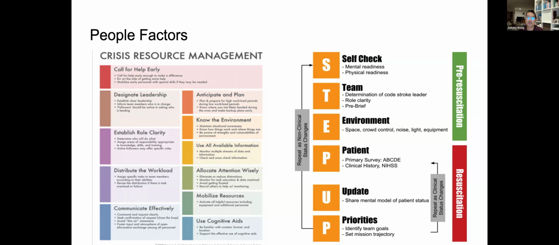So the P part, as we can see from the middle part, is the primary survey where we launch into it. But you could see from this video demonstration how it's important to have got this, which is basically how we talk about position, setting ourselves up for success. So self-check, and that's really important. That's another talk in itself in terms of mental readiness and physical readiness.